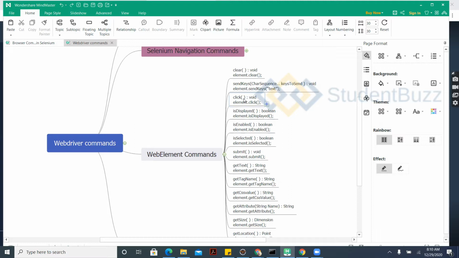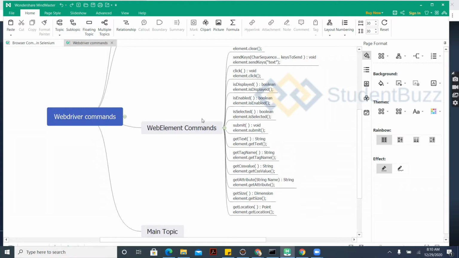This method is going to perform one mouse click. And isDisplayed is, if you want to find out whether a particular element is loaded into the page or not, you can use the isDisplayed method. And also isEnabled, I said it again, tells whether you can perform an action on that particular element or not. For example, if it is a text box, will it be able to accept the text or not? You use the isEnabled method to identify that, and it is going to return true or false. If it is enabled, it returns true, and if not enabled, it returns false.